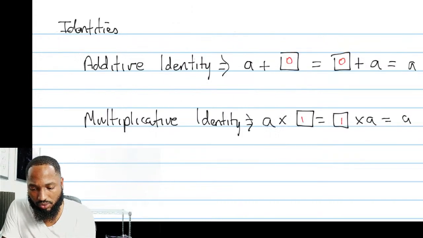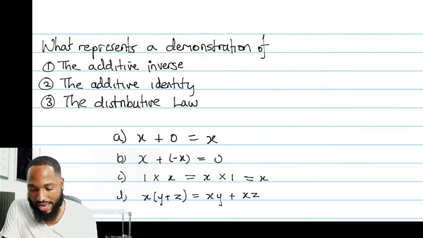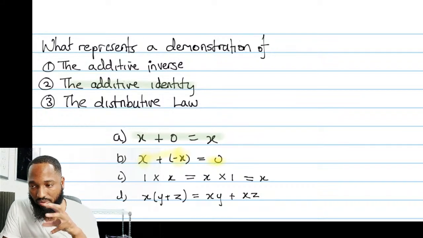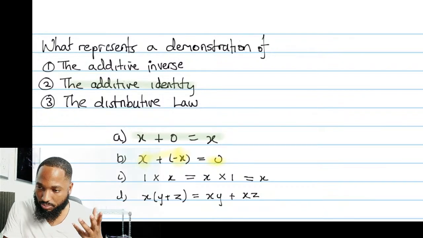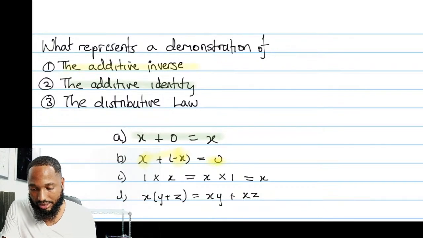Alright, so we can go back to the question now. So the additive inverse here is not this. This is the additive identity. You see here that x and negative x give 0. So when you add on the inverse, out pops the identity. So this is the additive inverse. And let's bring up blue now.